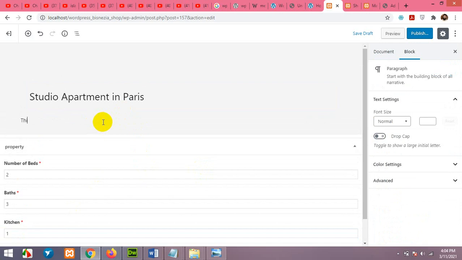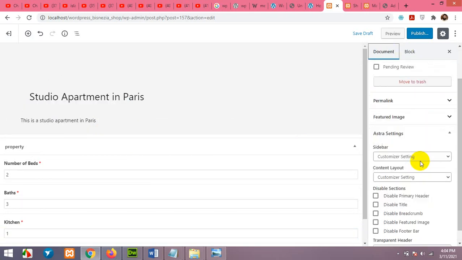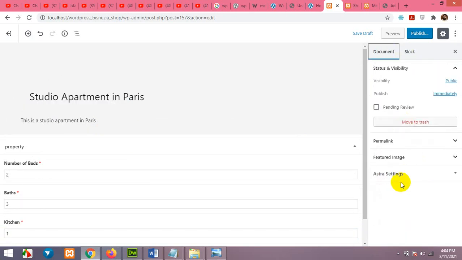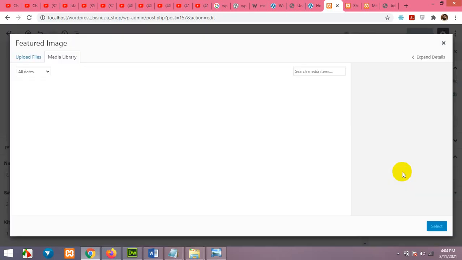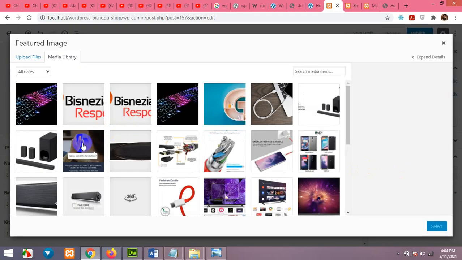Add some description. This is a studio apartment. And you can add as long a description as you want. Now click on featured image and select an image for this.